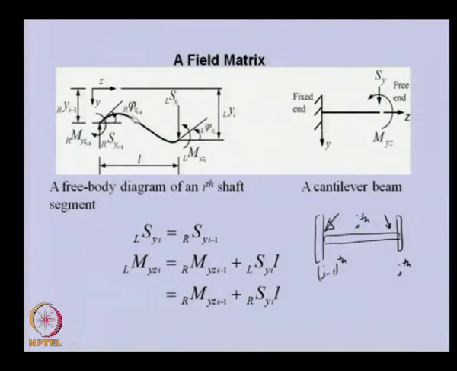So, to take care of this, we take two cases. First, we will consider, let us say, this end of the shaft is fixed like this. So, one end is fixed. Now, because of the shear force and bending moment which are acting, we need to calculate the displacement of this end. And once we have calculated this, we need to add to that the displacement of this end itself here. So, let us see in the subsequent slide.